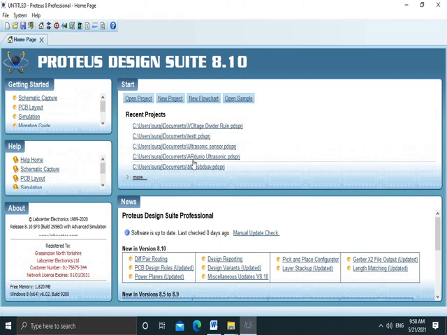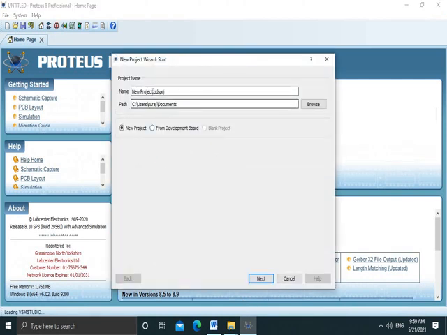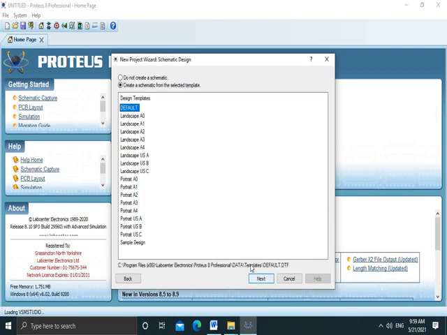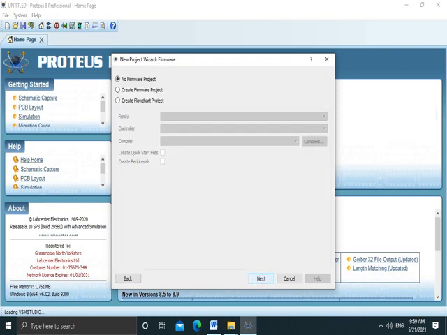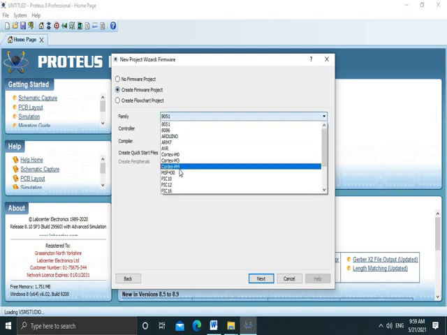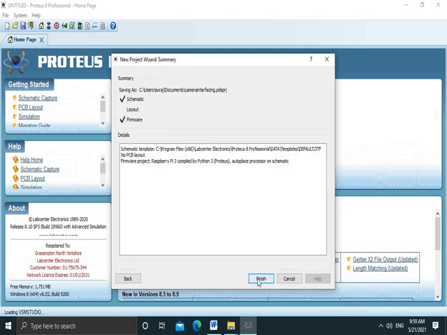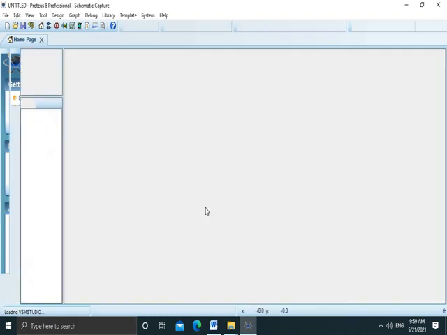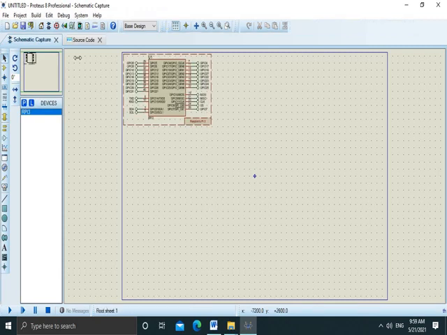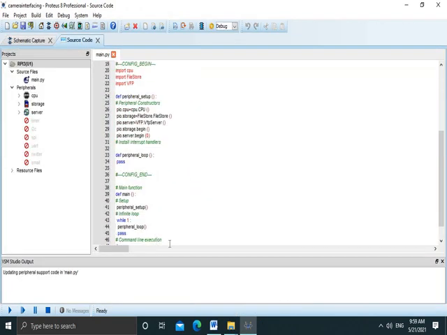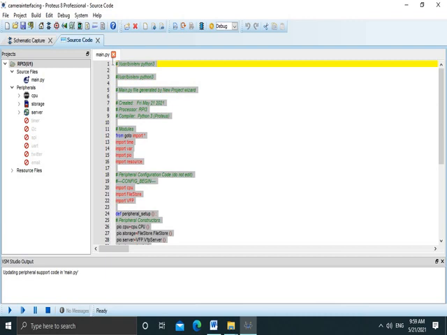So firstly open the Proteus, create new project, give the name camera interfacing, click on next. Here create firmware project and select Raspberry Pi. Then go in the source code, delete your default source code,